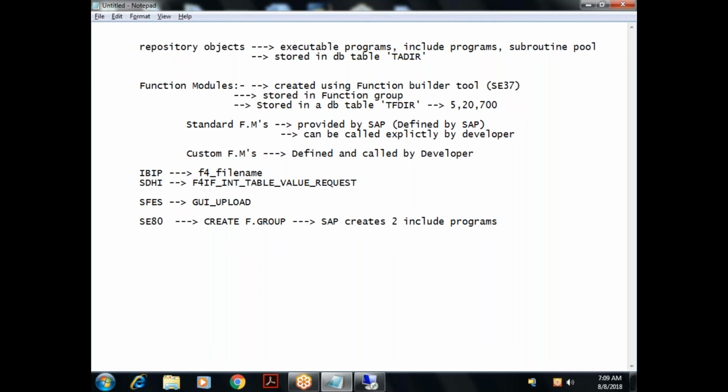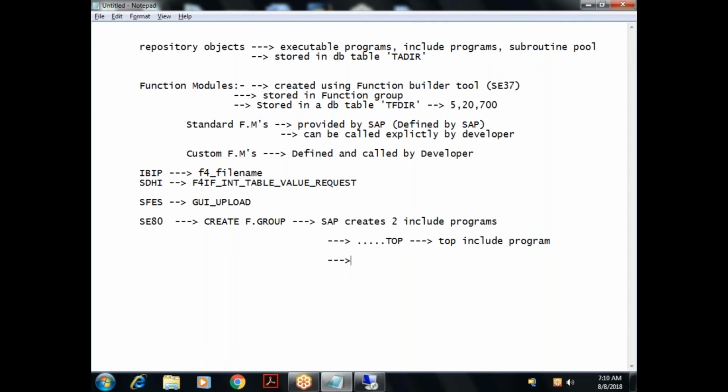So whenever we create a function group, SAP will automatically create two include programs. One include program will end with TOP, which we call the top include program, and we can use this include program for declaring global variables, subroutines and module definitions.